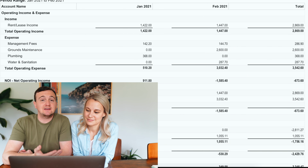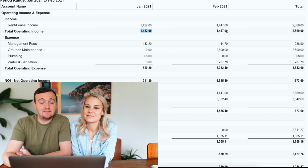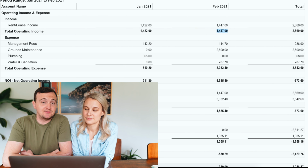So this next property is also a duplex and we've owned it for 3 or 4 years now. It does pretty well. It's not in quite as good an area of town as the other one. We get around $1,400 a month in rent for this property. And based on our spreadsheet here, they did pay both months, both units. So our income for this property was